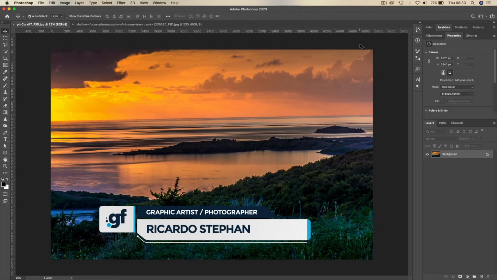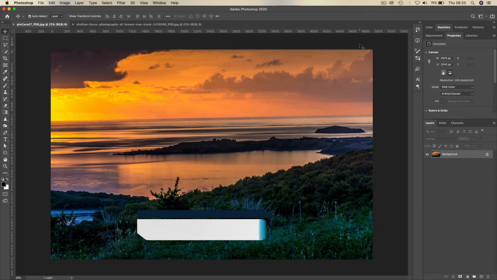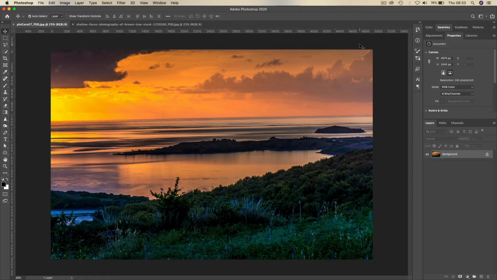Hey, we are in Photoshop now, and we're gonna do the same thing here. It's impressive how easy it is to correct it and straighten an image in Adobe applications. And I've got this photo open. This is one of my photos, one of the photos I'm really proud about, and it's a beautiful sunset that